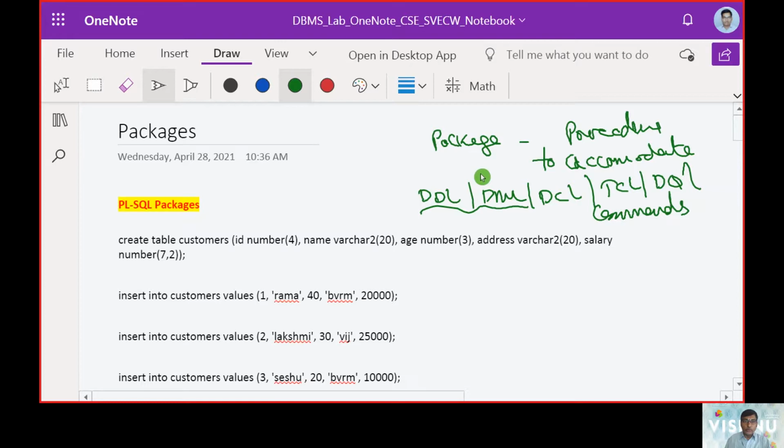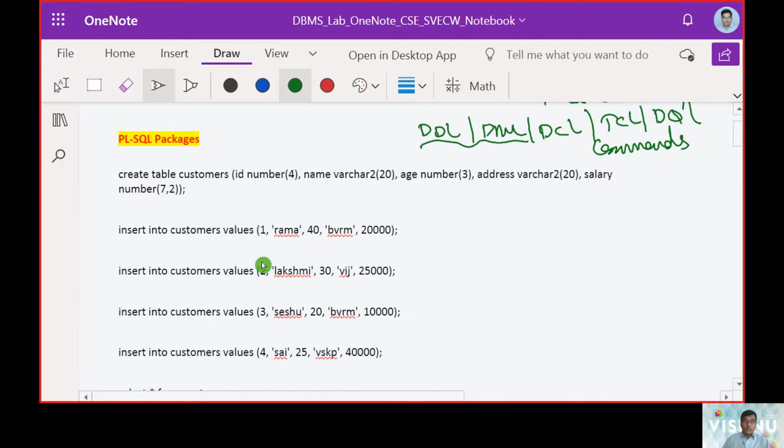So how are we going to implement a package? That means we can have a collection of insert commands, a collection of create commands, etc., as a part of a table construction here. So the agenda was we will create a table called customer.